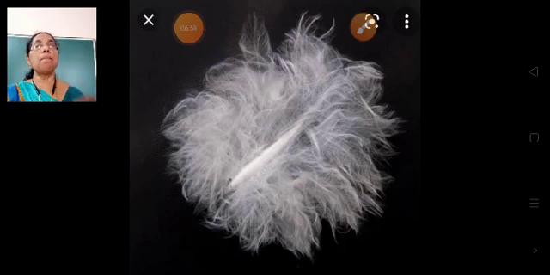This type of feather is called down feathers. These feathers keep the bird's body warm.